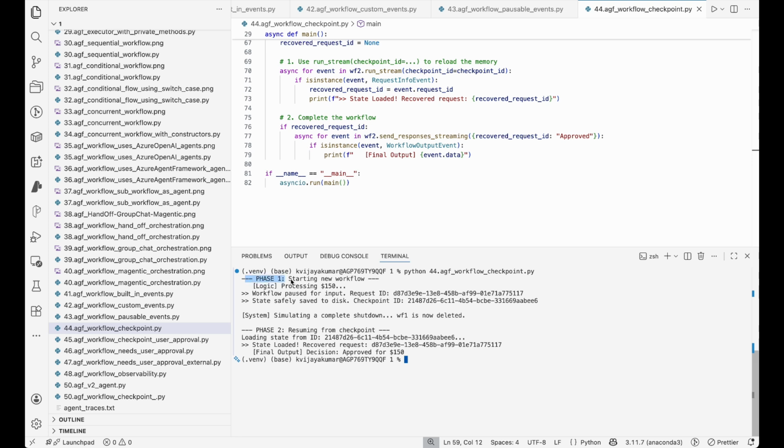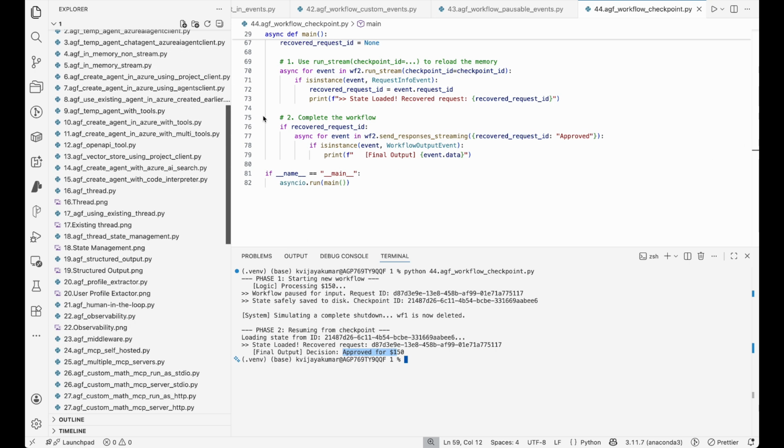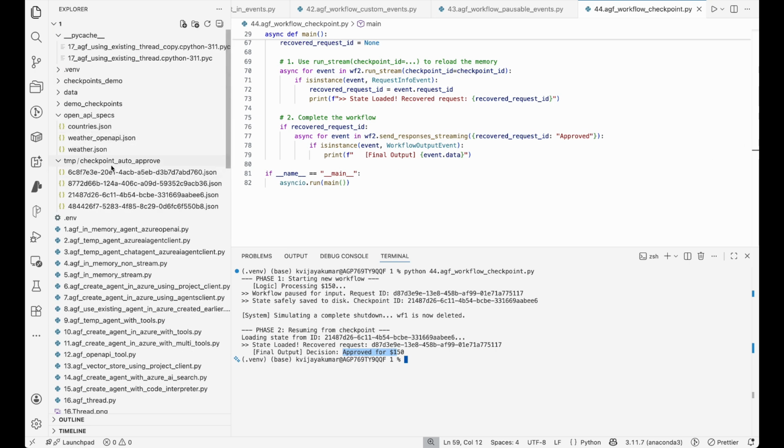If you see here, we started the workflow, the workflow paused for a user request, and we created a checkpoint. Now the system crashed. Now we resume the workflow by using the checkpoint ID that we created. Now we have the request ID here, and it is approved. If I go to the temp folder, these are all the checkpoints